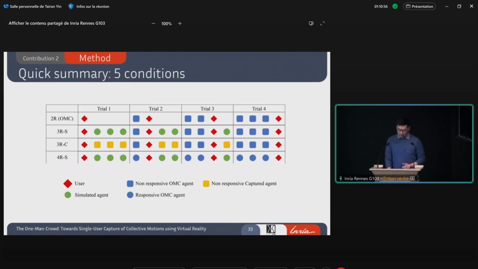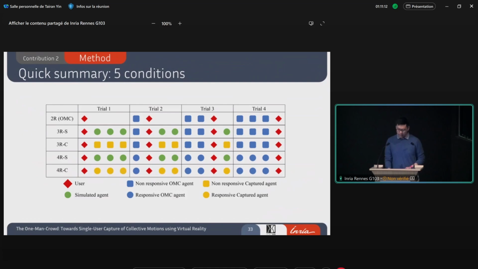Then we can have the 4RS condition, and since we apply the local correction on each of the OMC agents, this makes all the OMC agents responsive to the user. That is the main difference between the 3RS and the 4RS. And similarly, we can still have the 4RC condition, where we also apply the local correction strategy on the captured agents, making them responsive to the user as well.